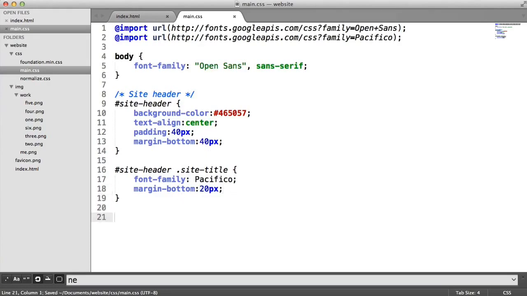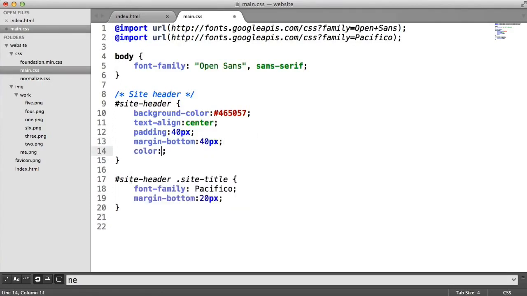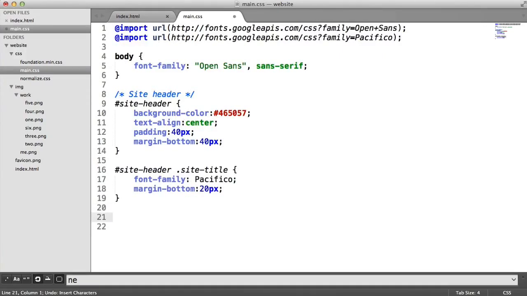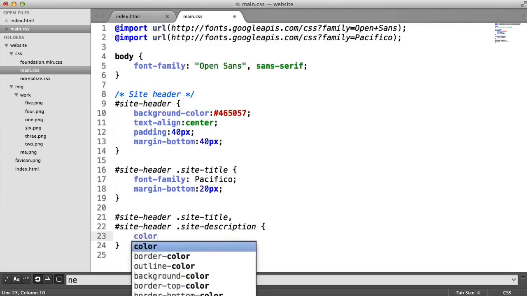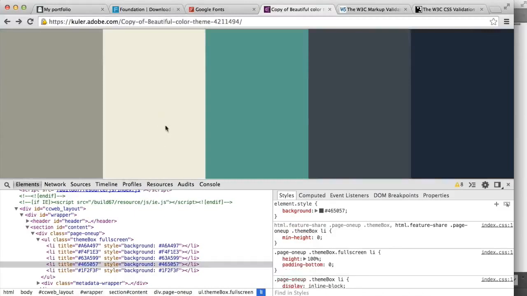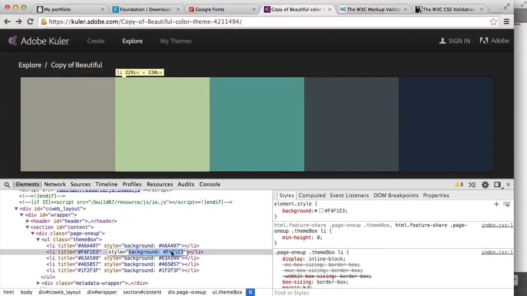So what we now want to do is change the color of the site title and the description. Now you notice if I do site title color, just testing, white, that doesn't override the style associated with the header. So what I'm going to do is down here, say site header, site title, and then I'm going to do another selector for site header, site description, and then I'm going to say font color, and in our color palette I'm going to choose this color here. So that's that second one. We just copy that,